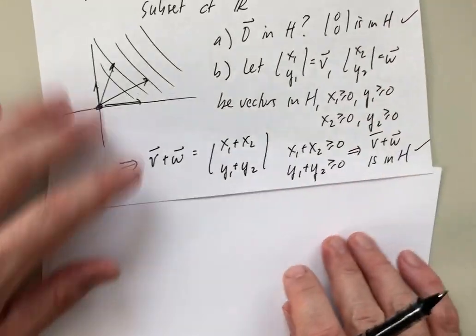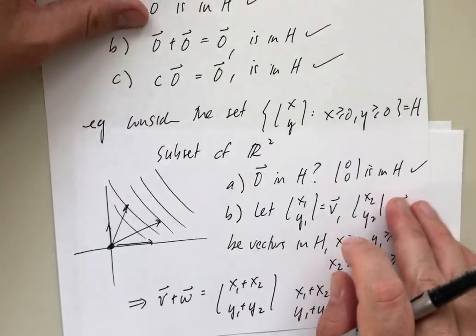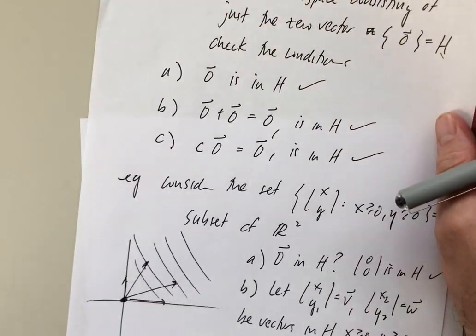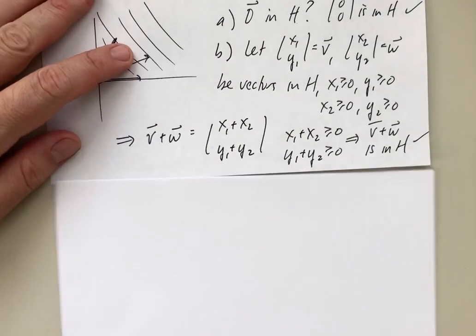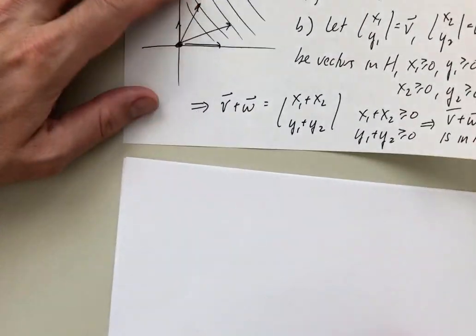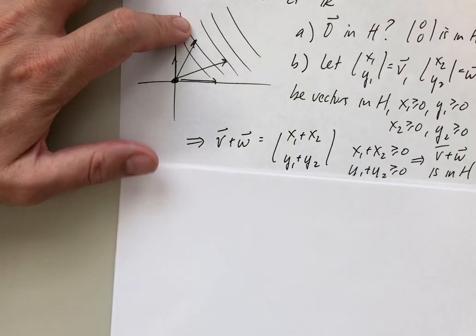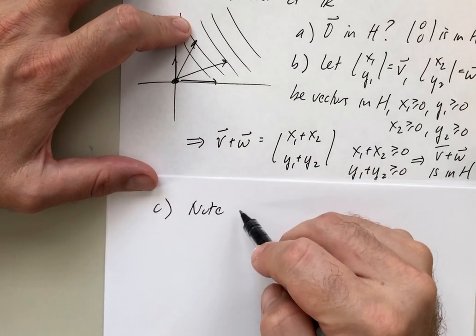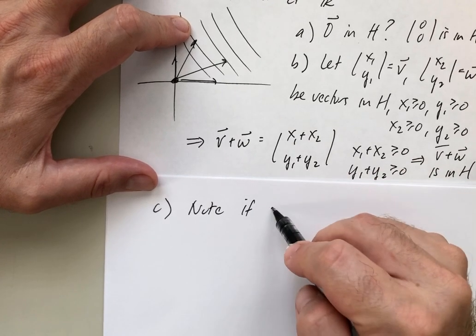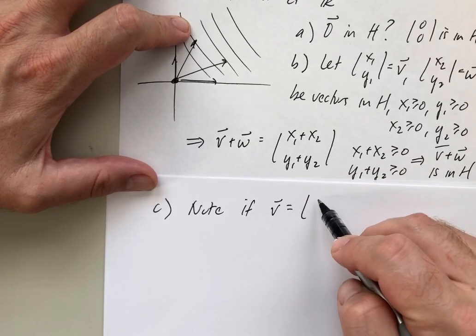But watch what happens when I start scaling now. So it looks like we're going good, right? We've satisfied the first two criteria for being a subspace, but watch what happens with the scaling now. Let me try to put this on the same page here. So for c, notice that if we take v to be 2, 1,